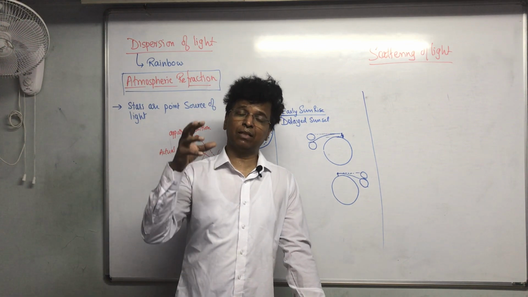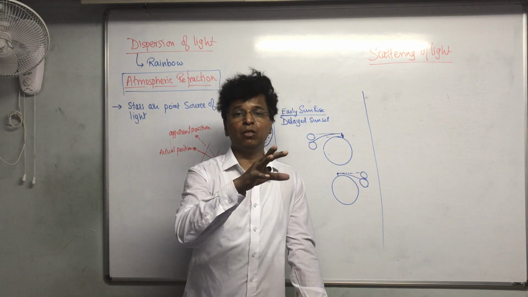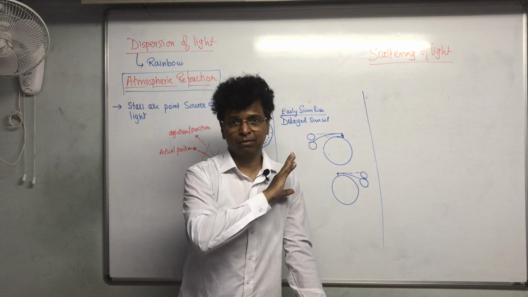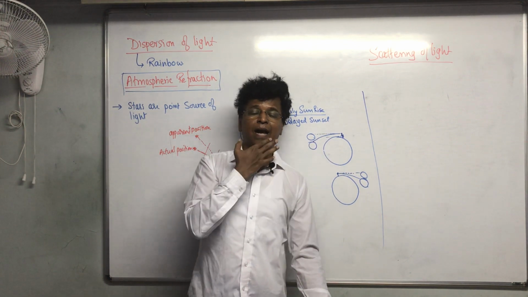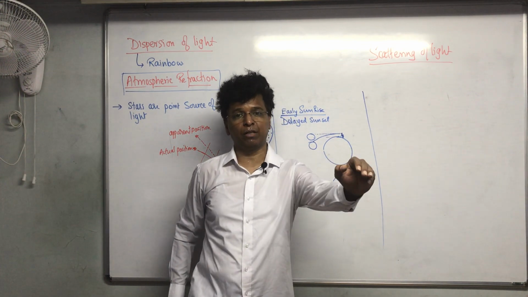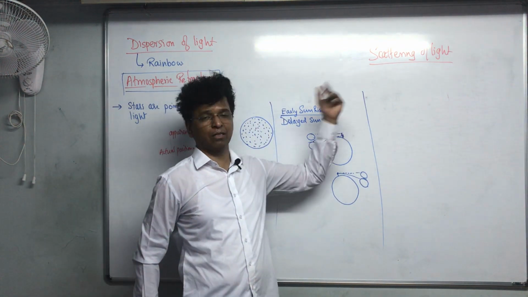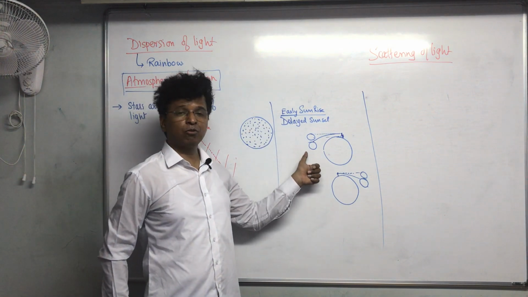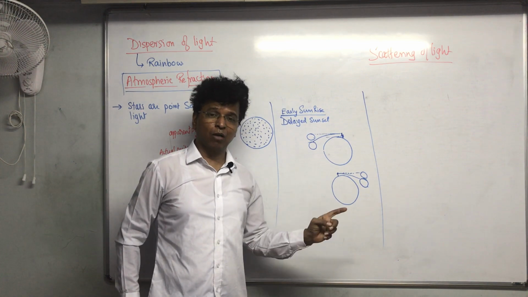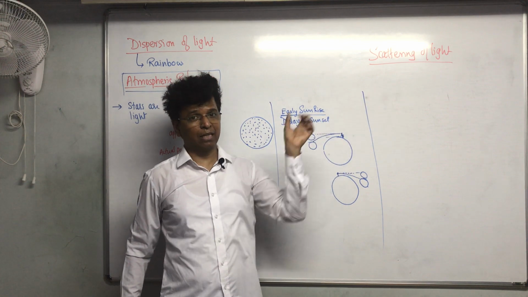Scattering of light is basically when the light falls on a particle, the light scatters, and depending on the size of the particle, different wavelength colors are scattered. Also, because the wavelength is shorter, the shorter wavelength light will not be able to travel a longer distance. So because of this scattering of light, we happen to see the sun red in color. Sunrise is early because of atmospheric refraction. The sun is red in color because of scattering of light. See, there is a difference between the two.